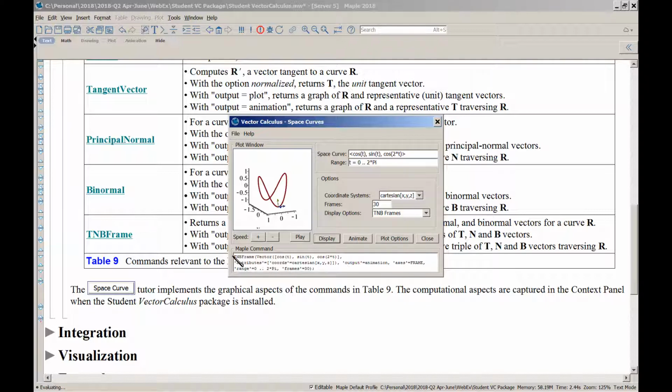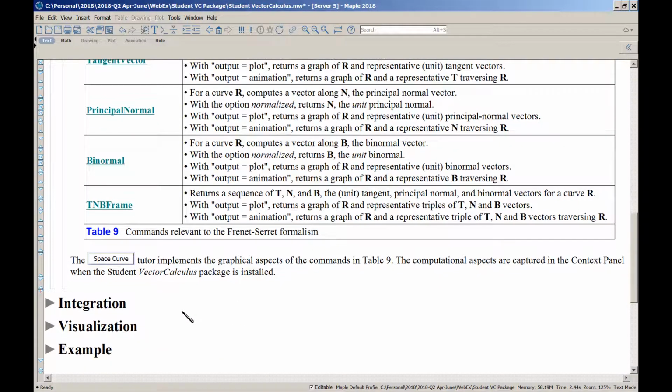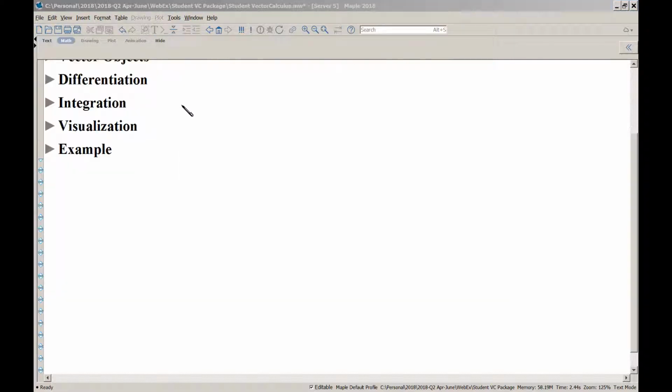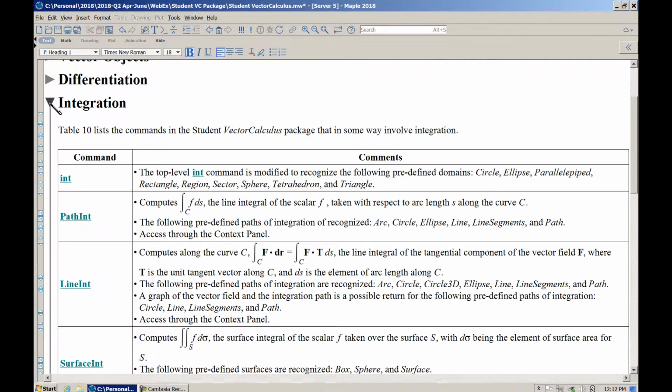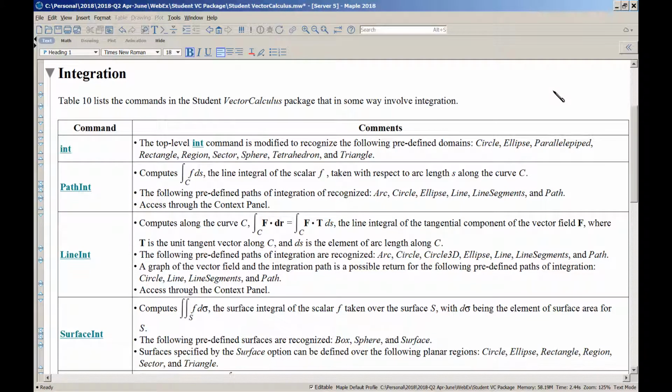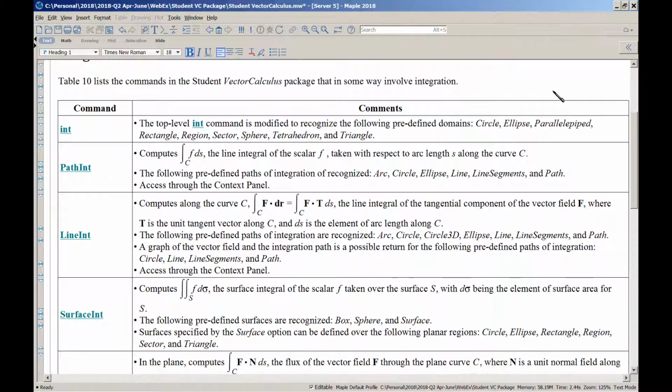So you can see that there is the TNBFrame command being invoked, and you can use these various options to generate these kinds of figures. If you don't want to bother with the commands, you can do it interactively with that tutor. Well, that's differentiation applied to these various vector objects. How about integration? Here is a table that lists